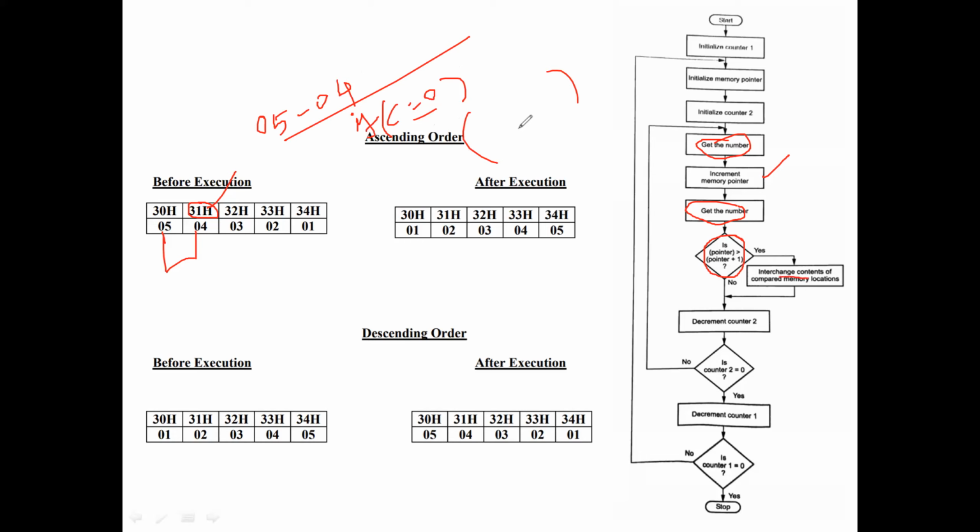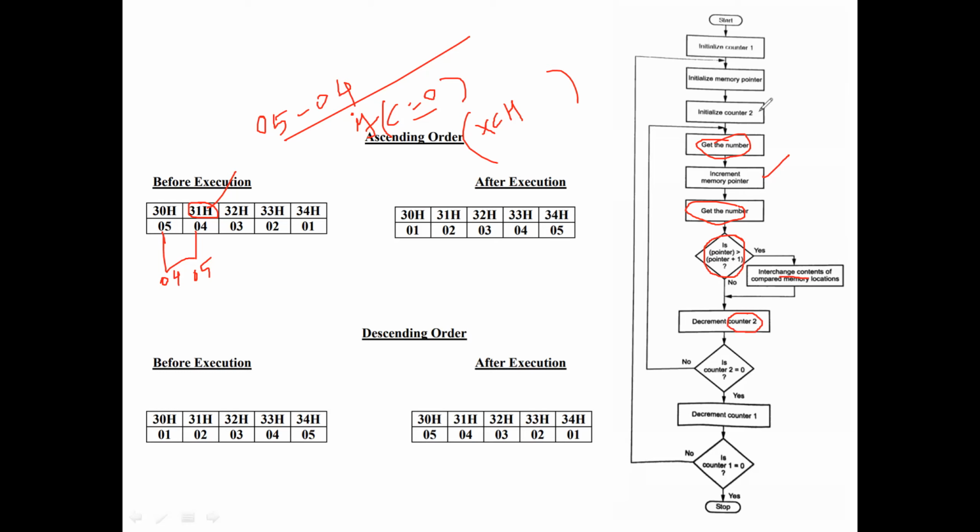what I want to do is exchange. So these 2 values are exchanged now: 5 and this would be 4. Then I'm going to decrement 1 counter.